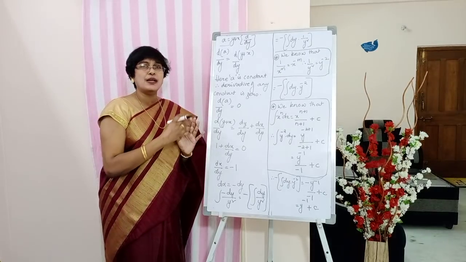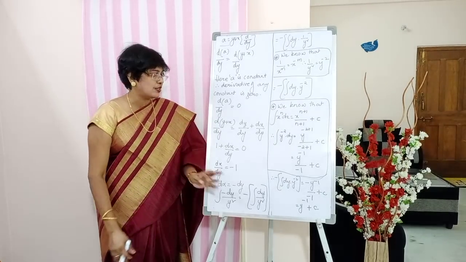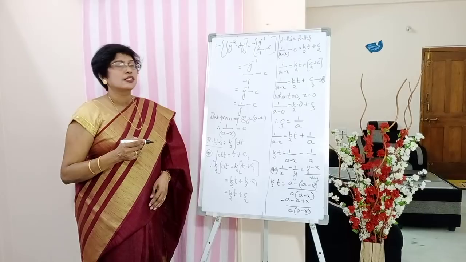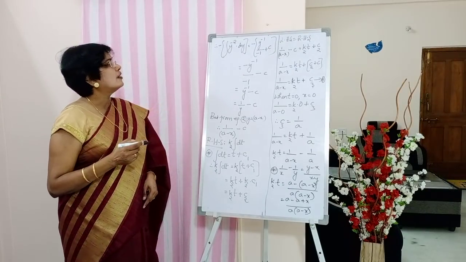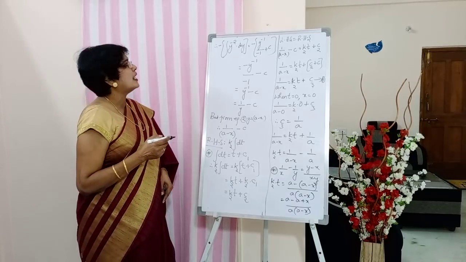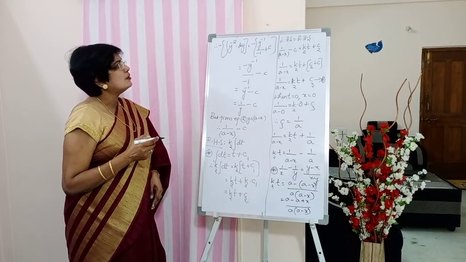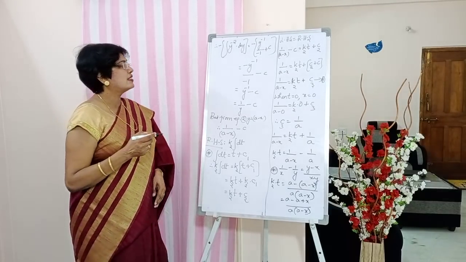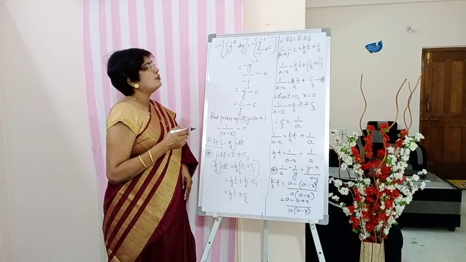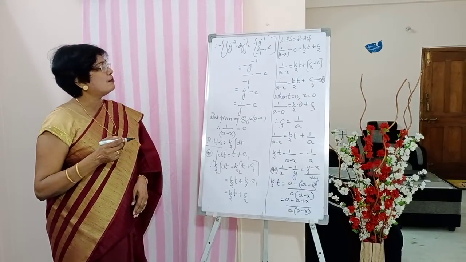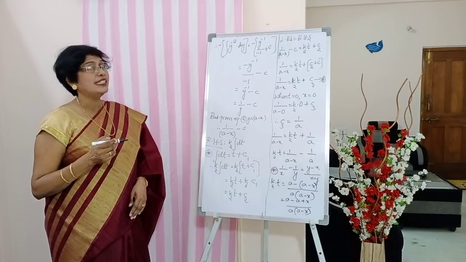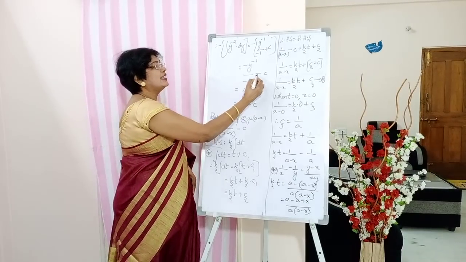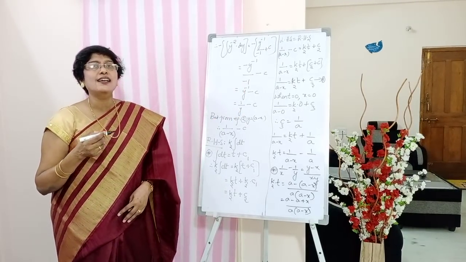So I tried my level best to make this derivation easy for you students. Till here you have written 1 by y plus c. So students, integral minus y to the power minus 2 into dy is equal to minus y to the power minus 1 by minus 1, and it is minus c, students. So I have again written these steps. Please change here. It is not plus c, it is minus c.